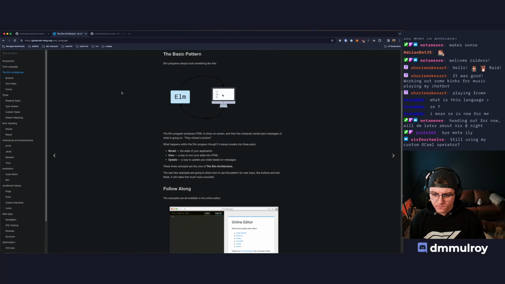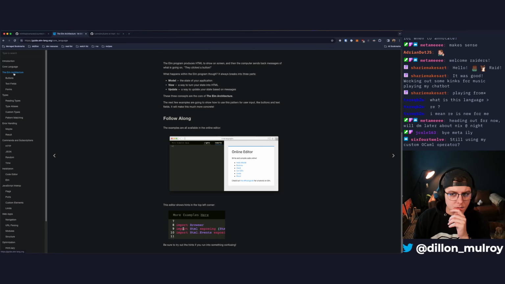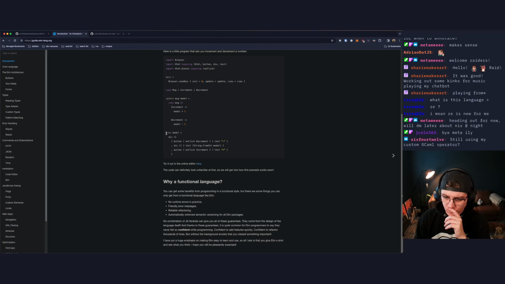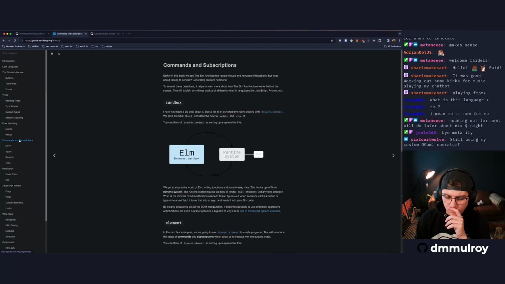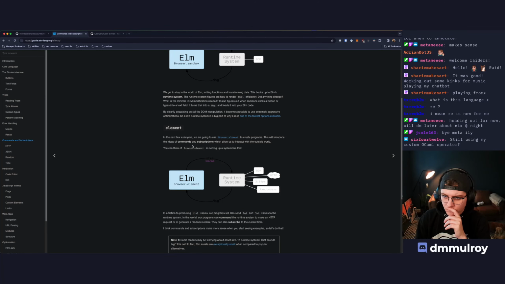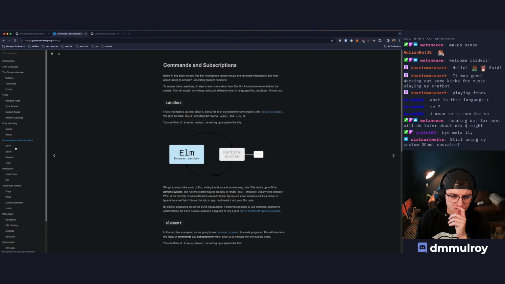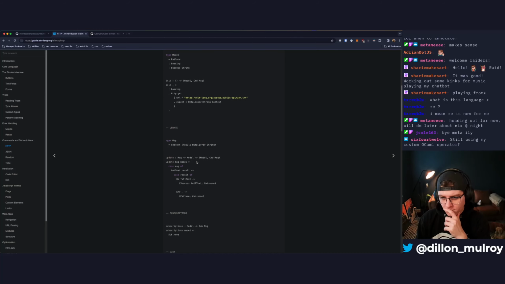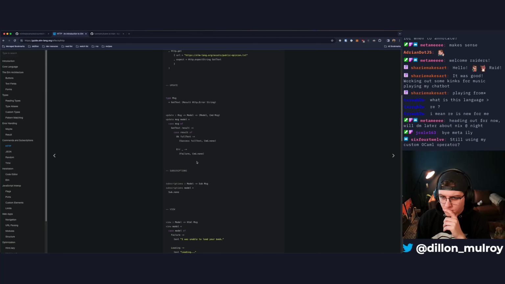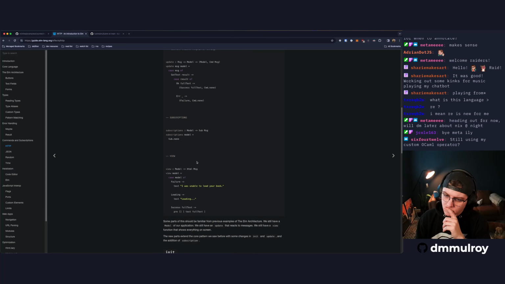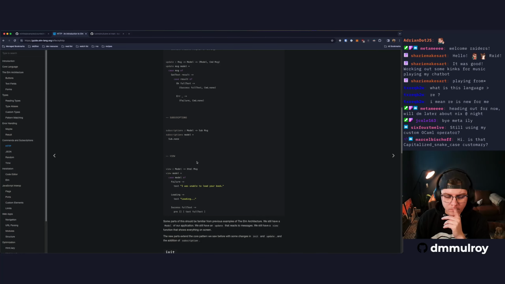Let's go look at how, for modules, it is generally